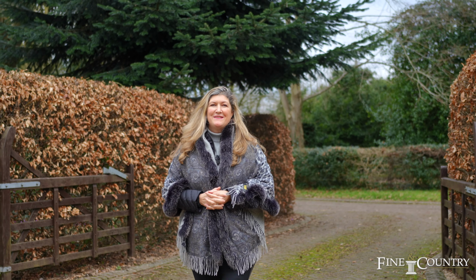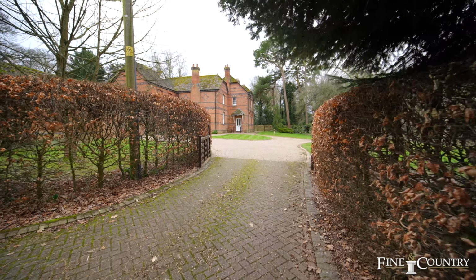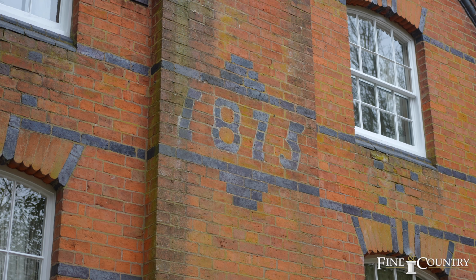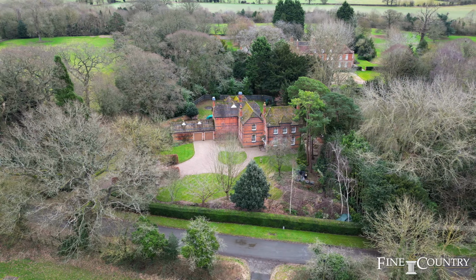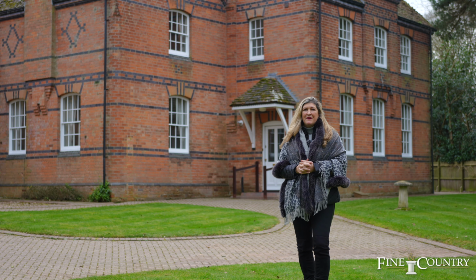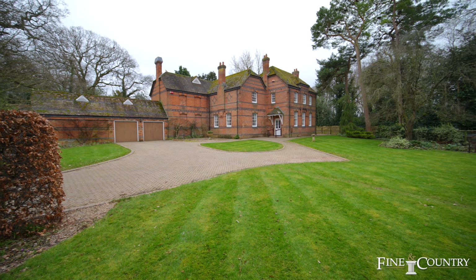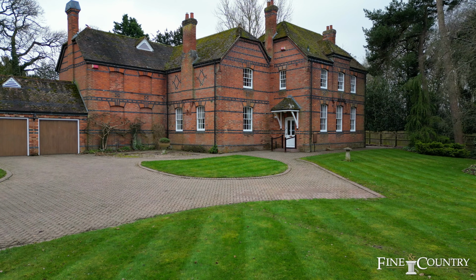You join me here today in the pretty village of Eathorpe, approximately 6 miles from Leamington Spa. This magnificent 1875 Victorian property sits in approximately half an acre plot and was originally part of the Eathorpe Hall estate and converted 30 years ago to form a 4-bedroom family home with double garage. This is the first time to open market since the conversion and truly is an amazing grand property with its